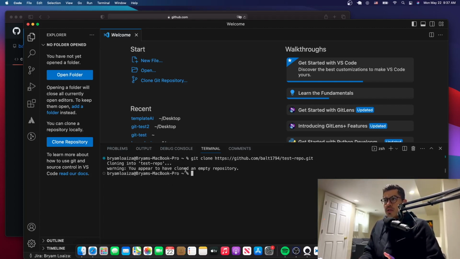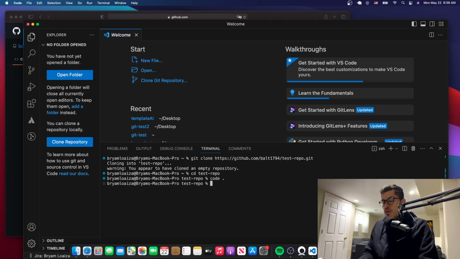Right now it says that we just cloned an empty repo, but that doesn't really matter because we just wanted to have it initialized and on our local machine. So now we have it. To open it, you cd into the repo, whichever name you gave it. In my case it's test repo, so cd into test repo, and you can see that it appears here. Now I want to see the folders the repo has. It only has a folder and it's empty, but I still want to see it. So I'm going to issue the command code and then a dot, and that's going to open the folder